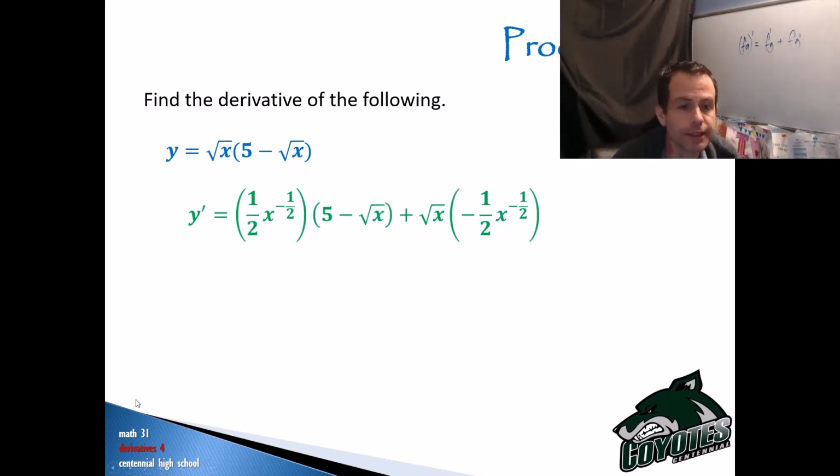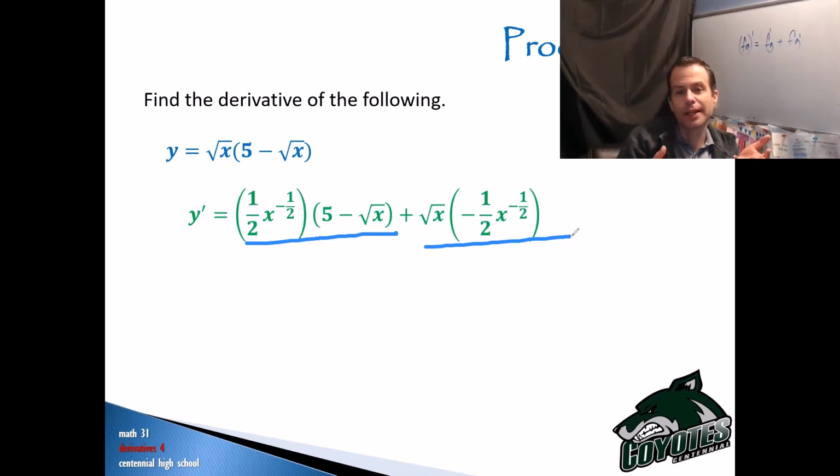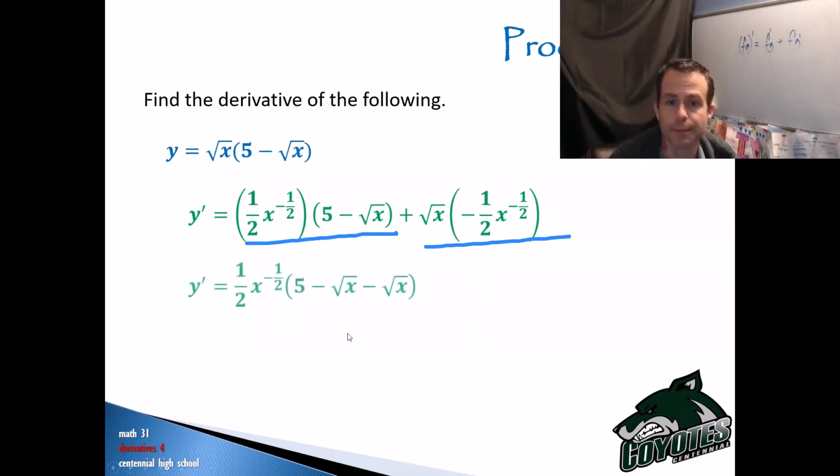Now I want you to see here, essentially, you've got two terms right now, this term and this term. And I see a 1/2 x to the negative 1/2. That's a common factor to both of those. So right away, I'm just going to pull that out. I'm going to pull that to the front, hopefully make this look just a little nicer. So when I pull that 1/2 x to the negative 1/2 to the front, I'm left with 5 minus root x